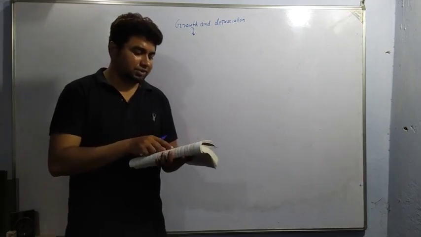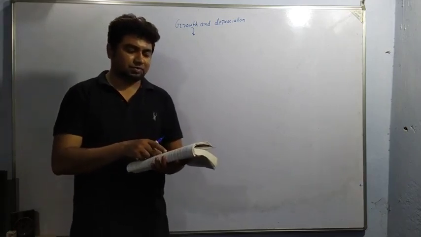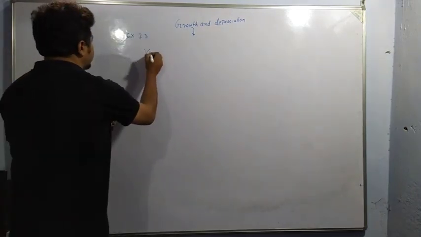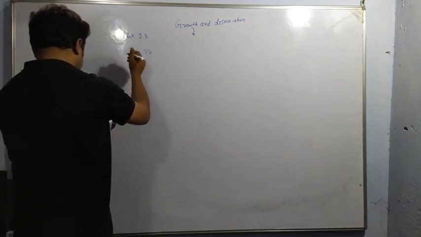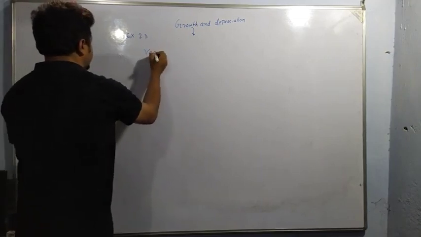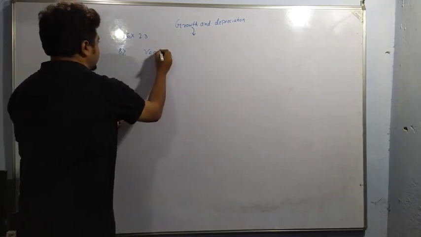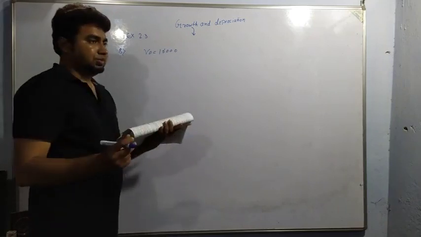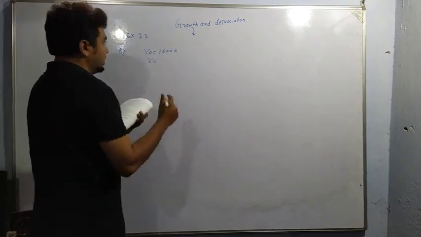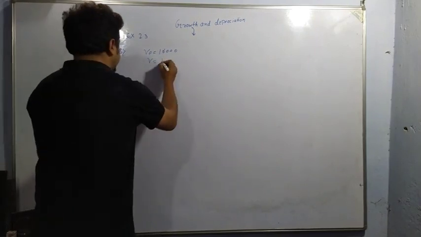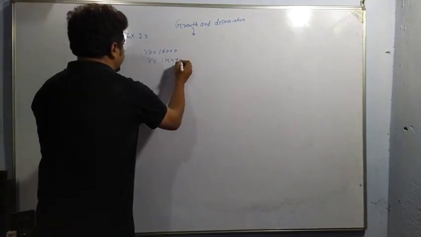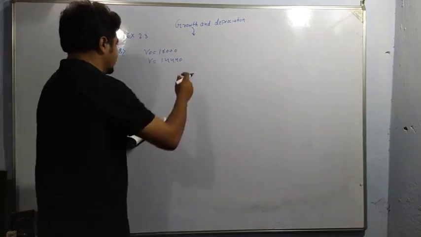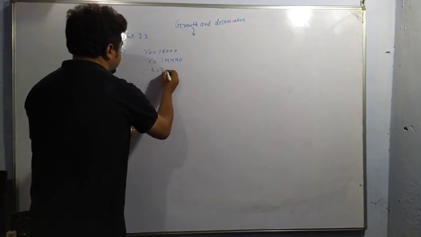So that is what is happening with Ahmad also, that he purchased for rupees 16,000. So this is the P, or we can say V naught. This is the purchase price. So V naught is equal to 16,000. And now after 2 years, V should be less than 16,000, and it is coming out to 14,440. And the rate of depreciation we have to find. Time is equal to 2 years.